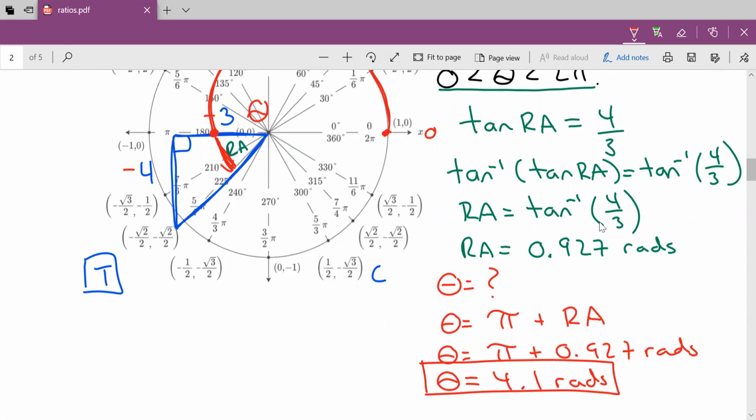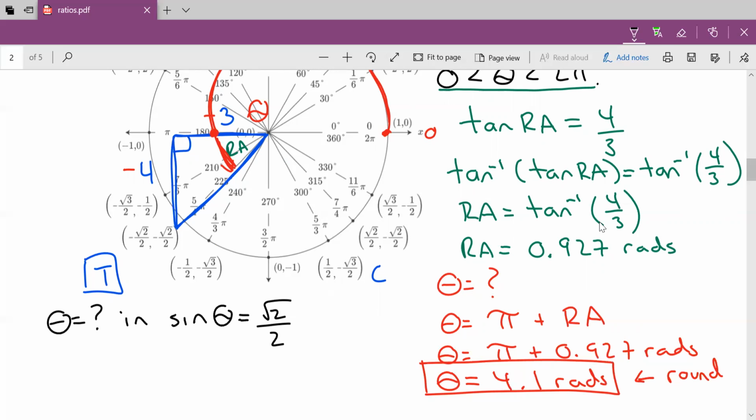So the last question you're going to get in this practice is about finding angles that aren't on our unit circle. When our angle is not on our unit circle, we're going to have to go back to rounding. If the angle is on our unit circle, there will be no rounding. So for instance, if I had asked instead, what is theta if sine theta equaled